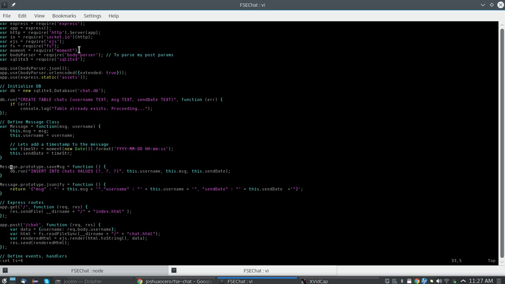As you can see, the first thing that I do at the top here is to import all the modules that I'm going to use on my system. Then I go on to initialize the database. I create a table called chats that I'm going to use to store all my chat messages. Then thereafter I create a message class that I will use to handle my messages. As you can see, these are some of the attributes that I have. And I have two functions, one called saveMessage and the other called JSONify, that I use to handle my